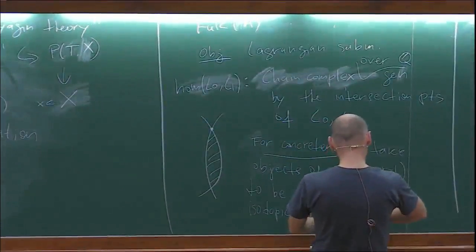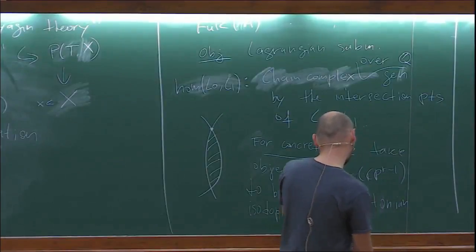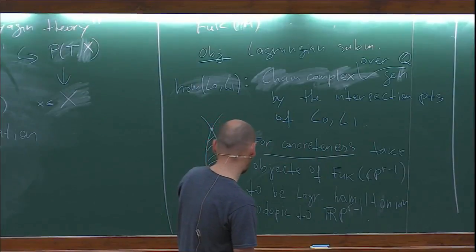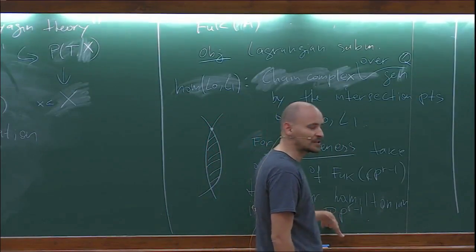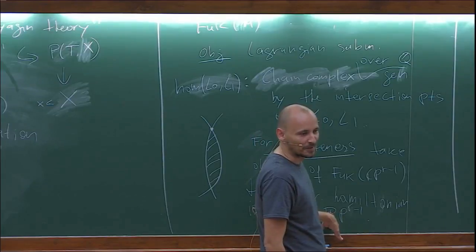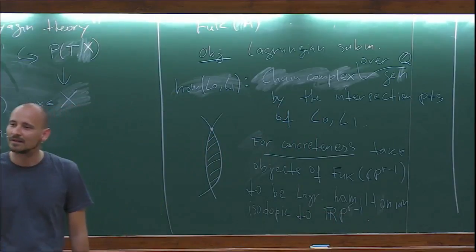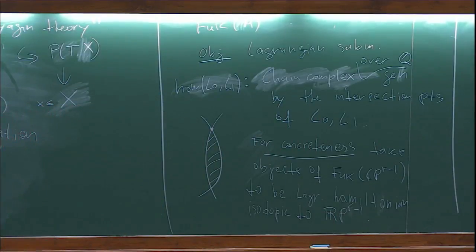RPM -1. Well, yeah, I mean, just a linear RPM -1. Well, they're all isomorphic, but. Well, yeah, but just like